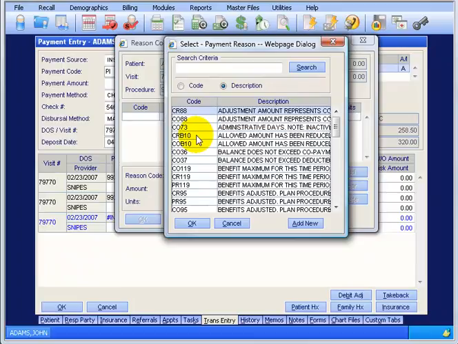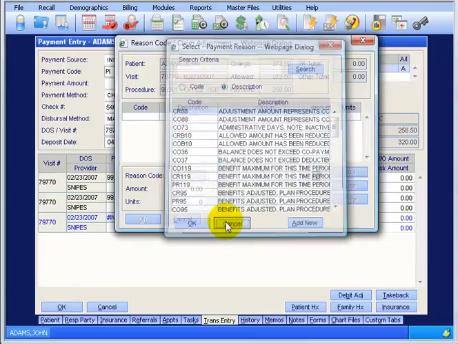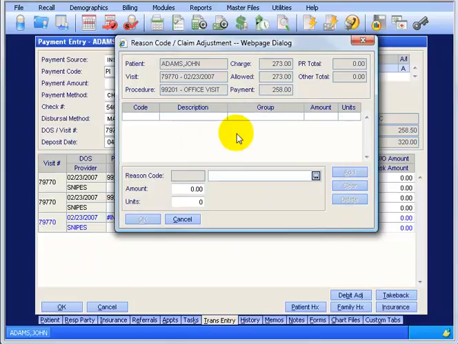You don't have to use them. The second thing is that if you use your own codes, you create one and you just type it in and you use it and you add it up here and you click OK, AdvancedMD is going to give you a warning every time because they want to help out, make sure you get paid out as fast as you can by using these codes. So